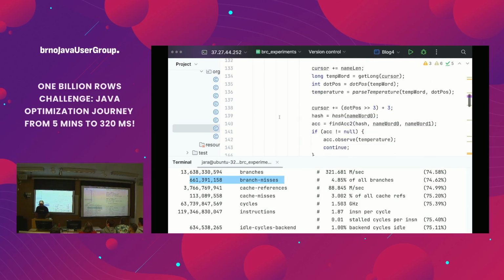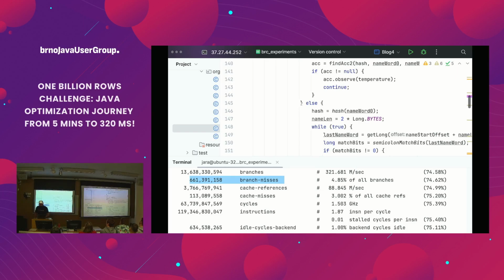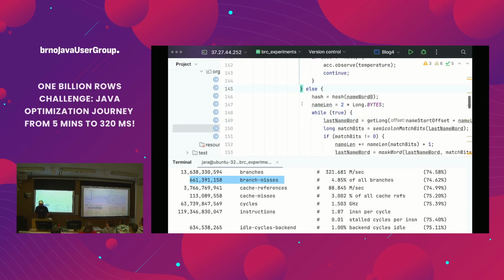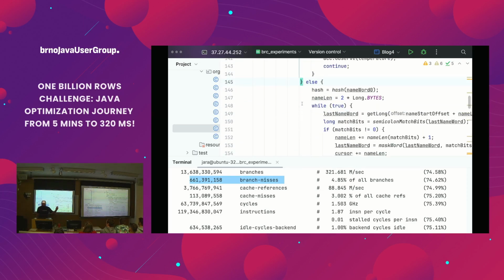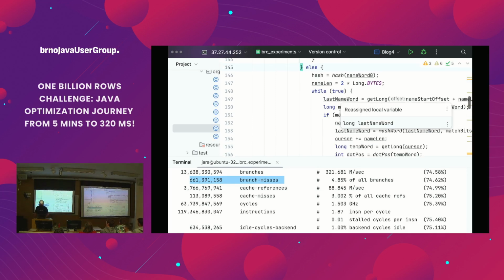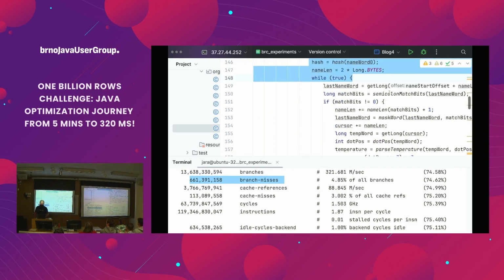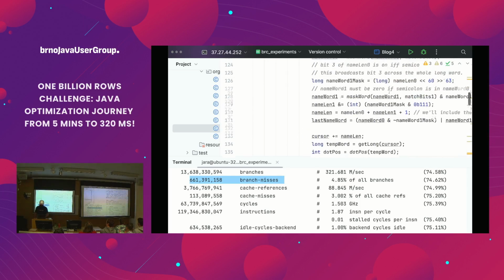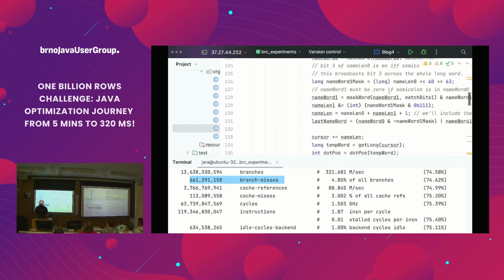And then I do the same. And here is a slow branch. So if there are some cities in the data set which are longer than 16 bytes, I have a slow branch. This unlikely, if you will, branch is almost never taken and it's a bit slower, but most of the time it's predictable in that whole loop.